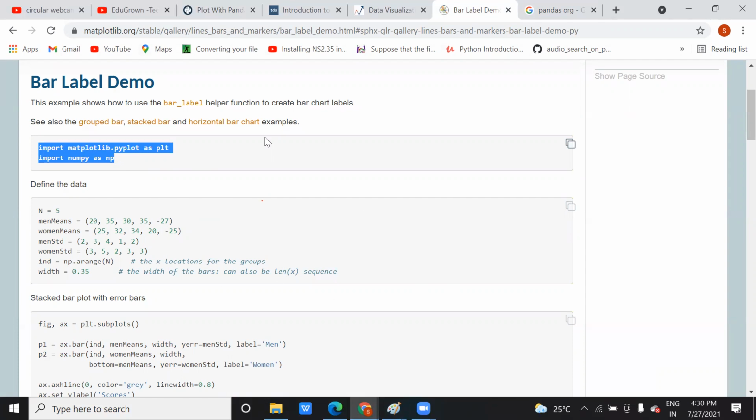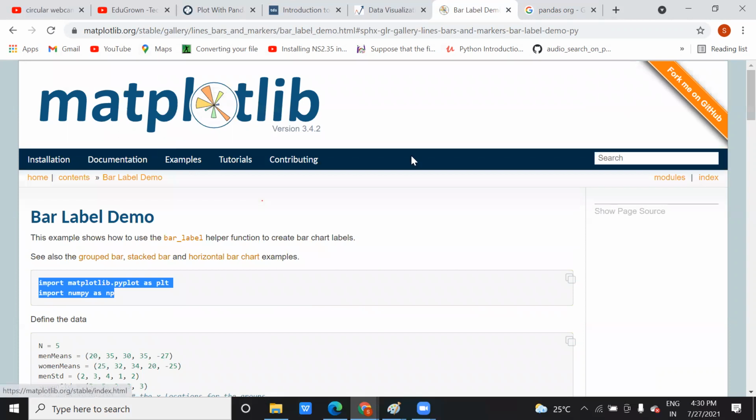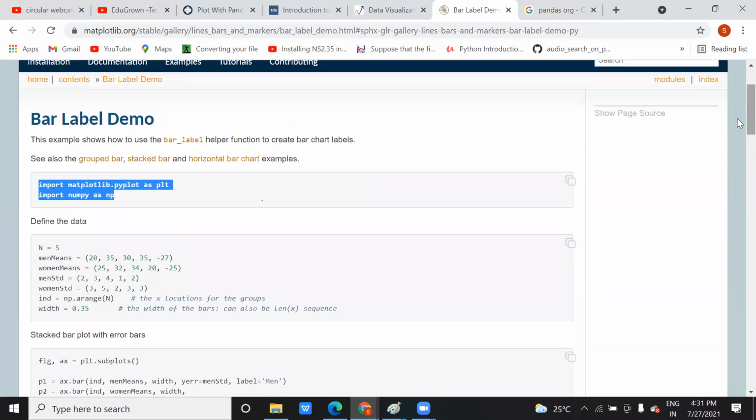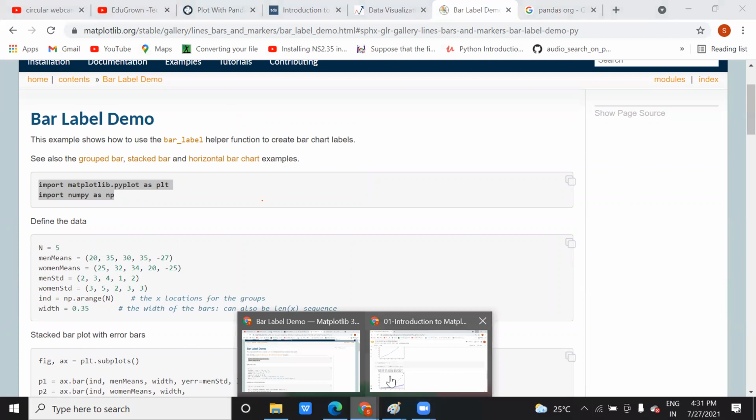I'm following this document also, so if you want, you can follow it too. I will share the link with you. This is matplotlib.org, and in that document some examples are given. You can try with that, and I will explain the meaning. Let me try it on Colab first, and we can do it parallelly.